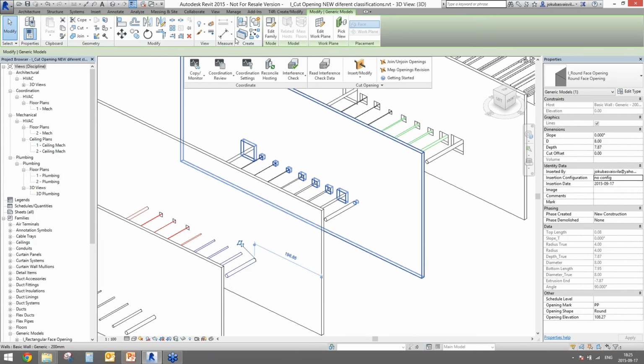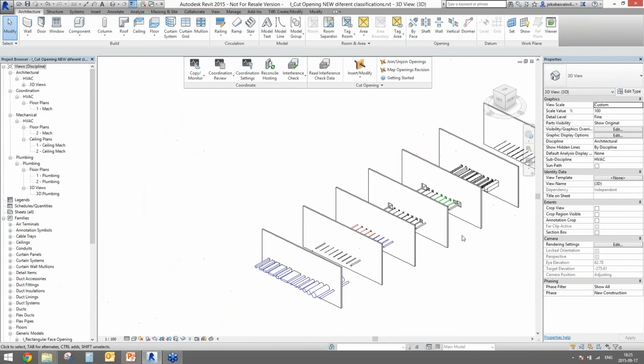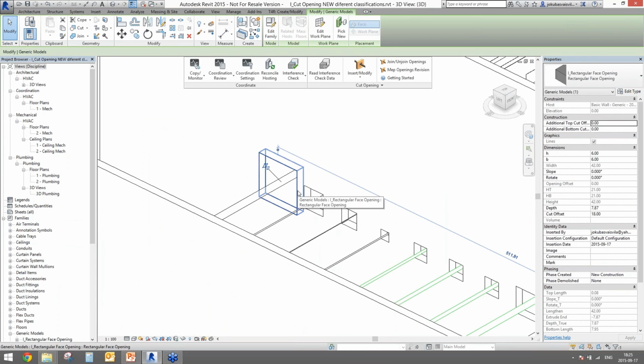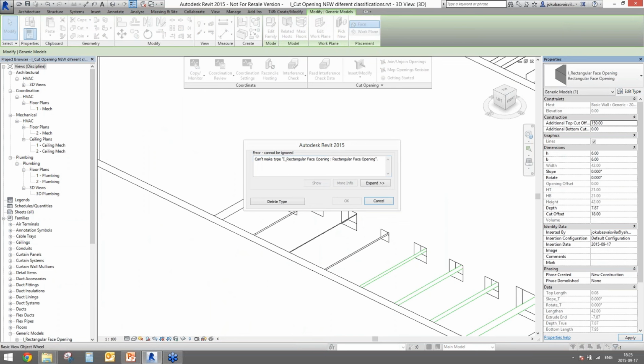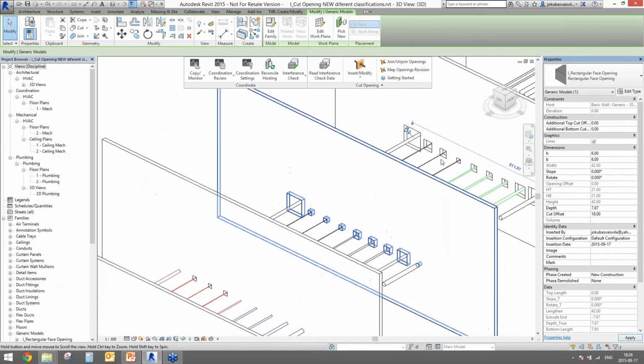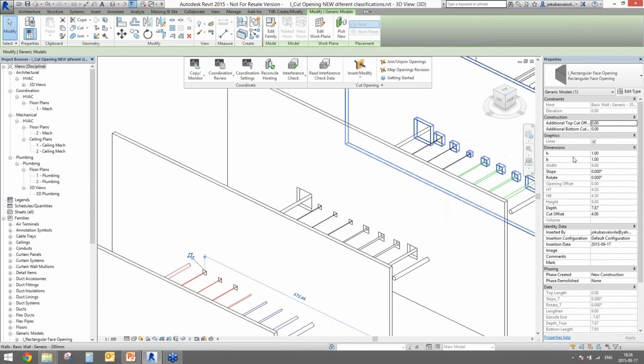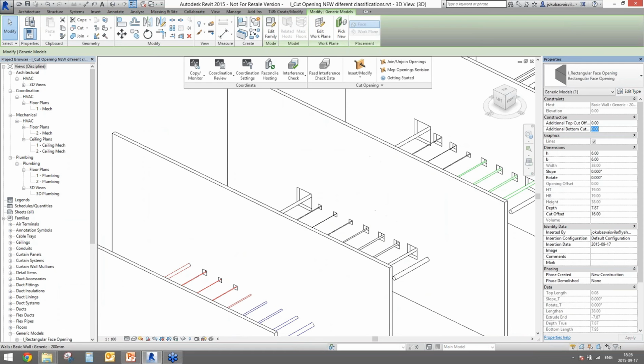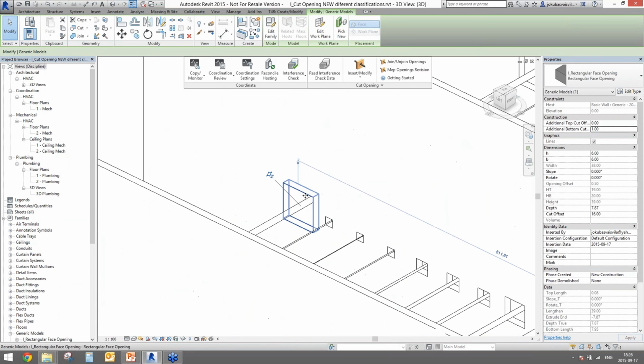So the configurations could be saved for future work, and you can work with that really easily. As well, you can add some additional parameters to the families, just going to the families like this. You can change the offsets. You can add some additional top or bottom. Okay, let's try to add 4. You can add